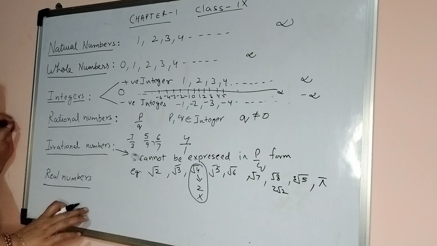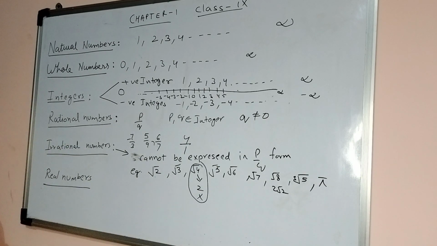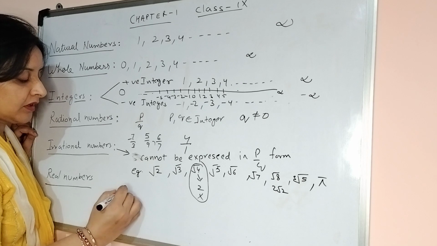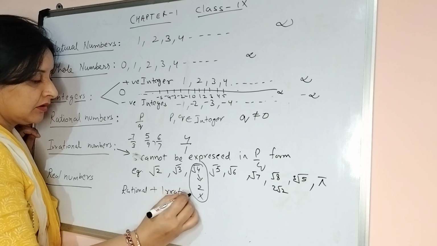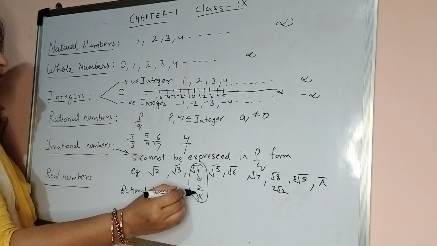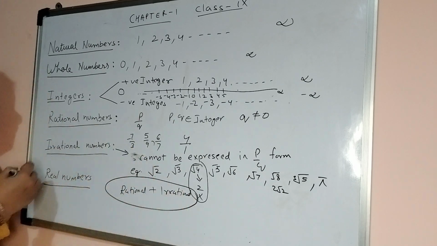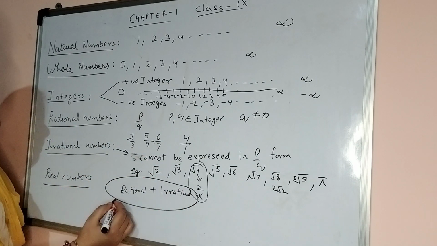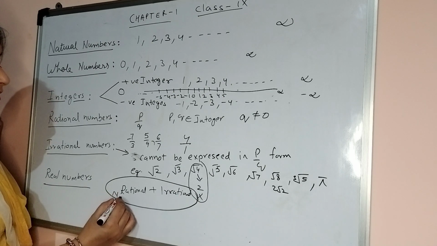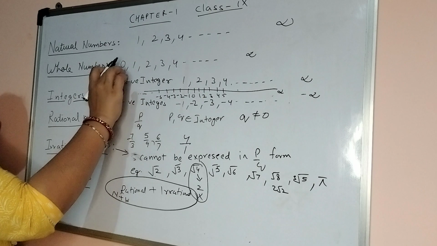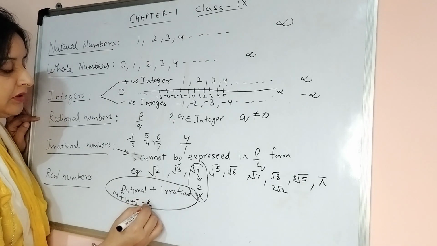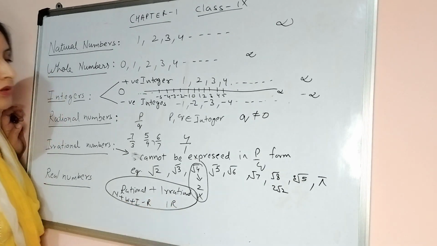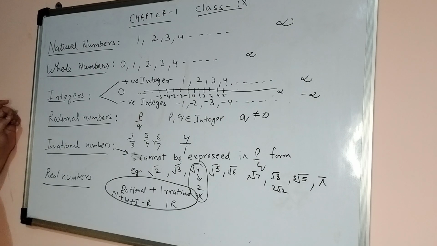Now at last we can conclude our class with real numbers. Real numbers are basically the combination of all rational and irrational numbers. It consists of any kind of number that could be rational or irrational. So it consists of all the natural numbers, all the whole numbers, all the integers, all the rational numbers and all the irrational numbers. If I show you in the form of a Venn diagram,